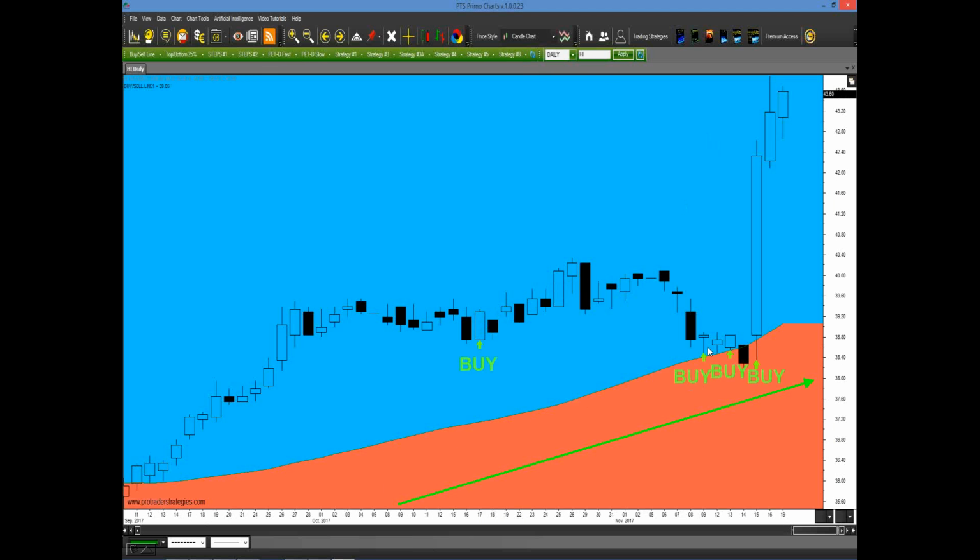But these were the ones that really worked out well. You had multiple buy signals generated, and look what happened right after that. So even if this had turned into a small minor loss, this is what we mean by consistency. Let's say you had taken this trade and it turned into a small minor loss. Well, guess what? You would have made it right back if you had taken the next setup.